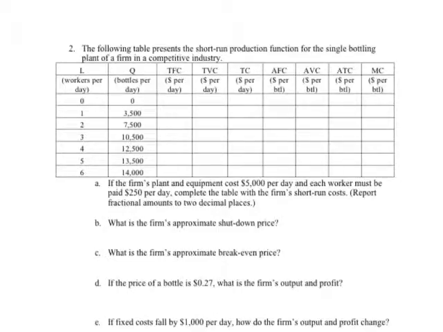Let me just go into a pointer mode. We have labor and a quantity of output. So it's implicit that capital is fixed. Later they talk about fixed costs, so we know that for sure. So this is a short run problem. Capital is fixed, labor is variable, and we're asked to